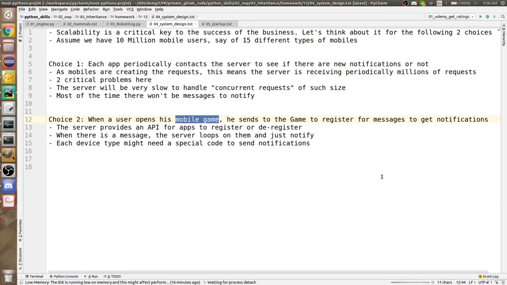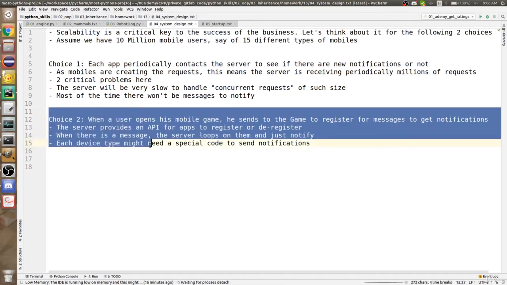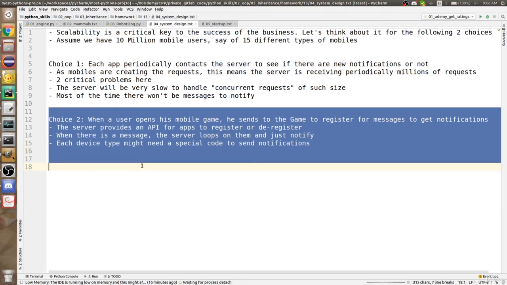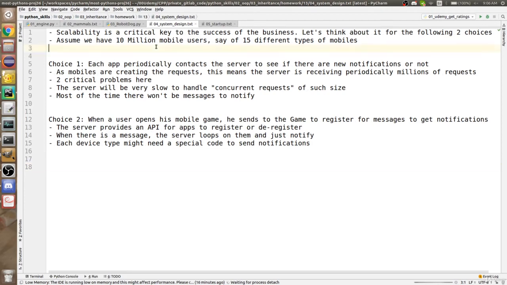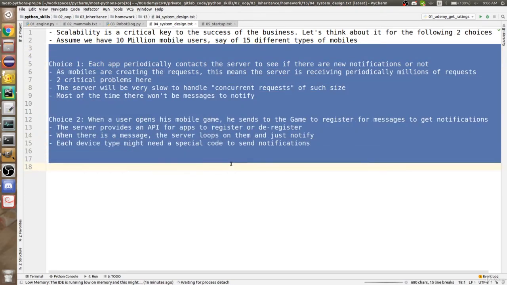So the moral of that is, as a game engine, I now have control over how I'm going to send my requests. This kind of thought is going to change completely your design, your inheritance, your relationships. Do not go with the first idea that comes to your mind. Try to think deeper about the pros and cons of it.